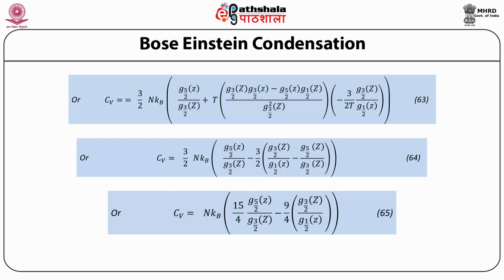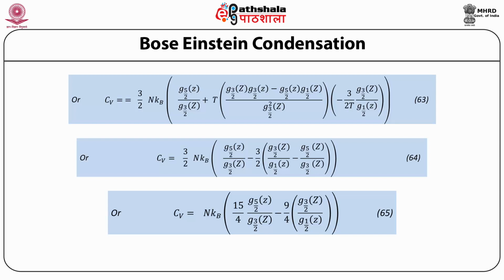For T equal to Tc, that is in the limit z approaching 1, the Bose integral of the order of 1/2 diverges and the second term vanishes, and the contribution comes only from the first term, which is the specific heat at constant volume equal to N kB multiplied by 15/4 multiplied by the Bose integral of the order of 5/2 divided by the Bose integral of the order of 3/2, both evaluated at z equal